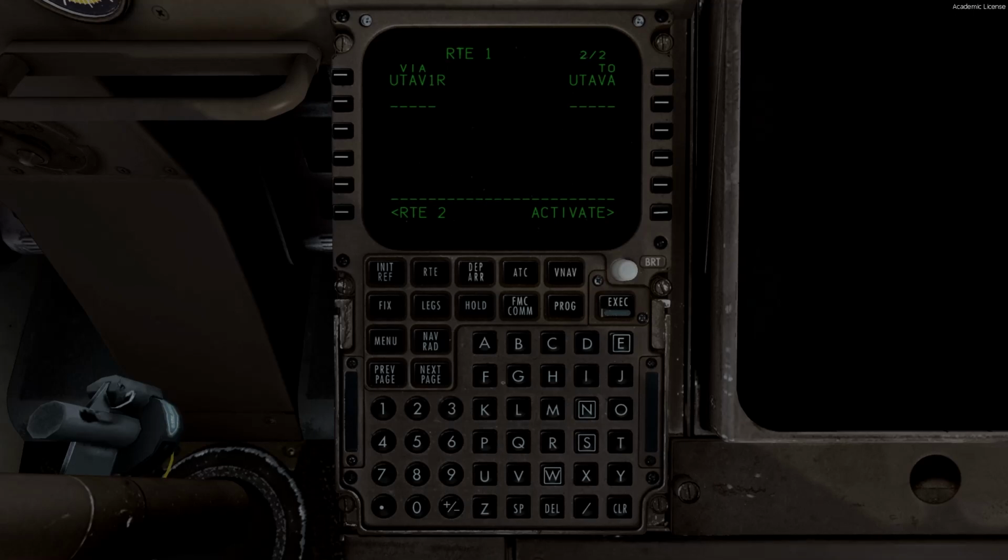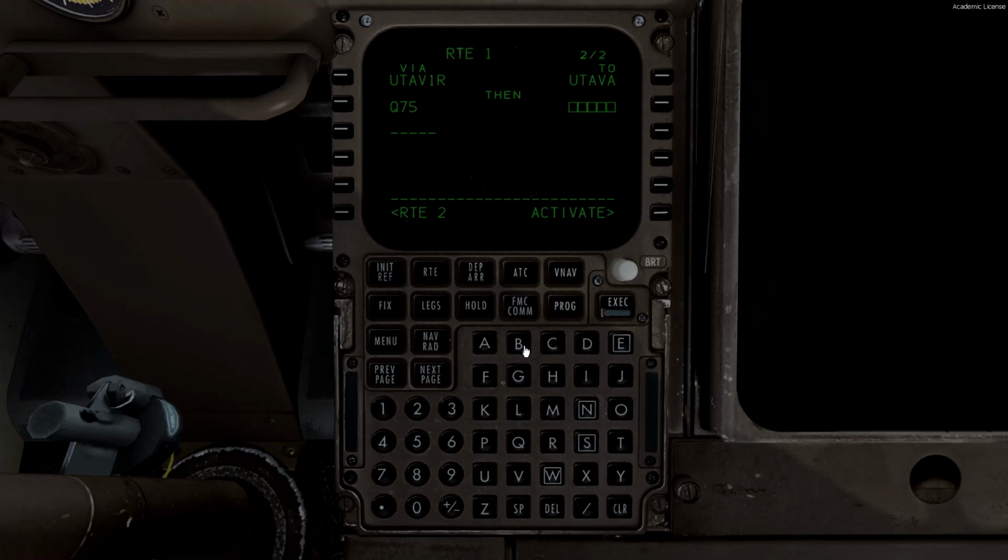A waypoint is just a point in the air, an aeronautical point, not physical, although there sometimes are physical stations on the ground called VORs, which can be used for navigation and can almost be adopted as waypoints for basic parts of the route. So sometimes you go straight to a waypoint and you travel along airways to get to waypoints after you've reached your first waypoint. So after Utava, it's the Quebec 75 airway, and that's going to take us all the way